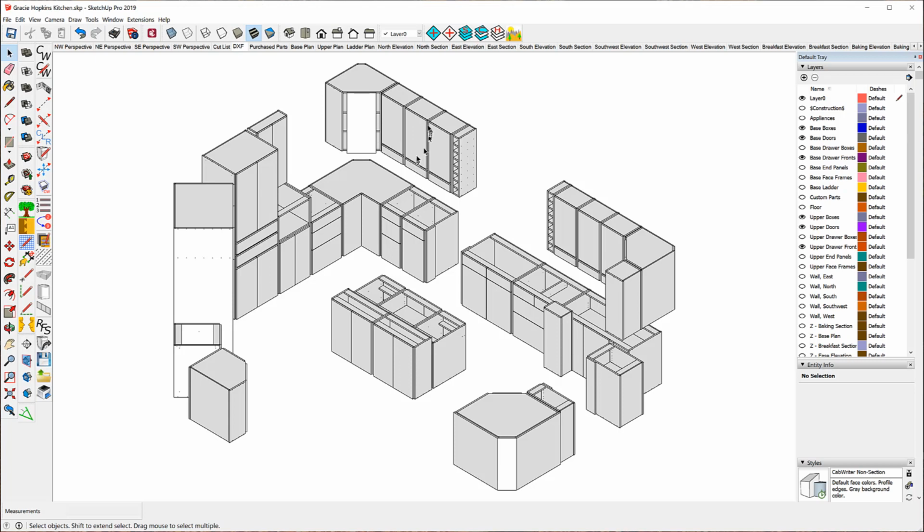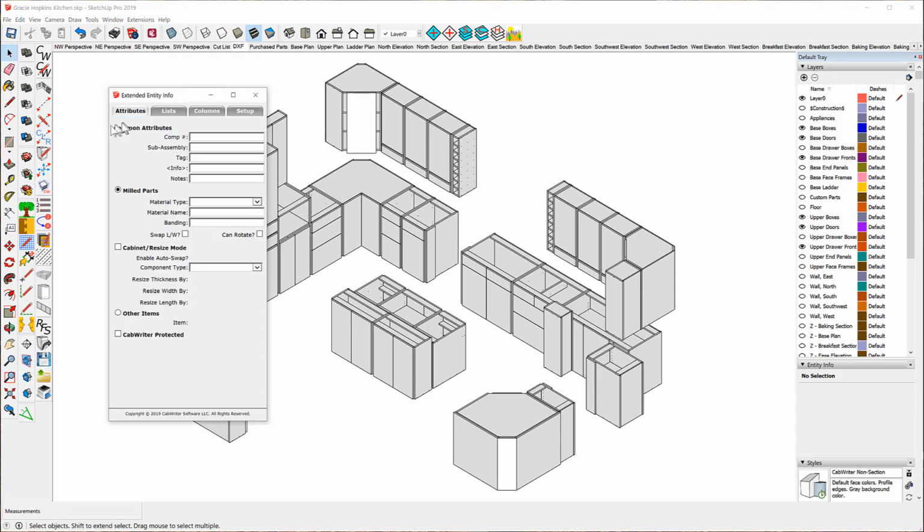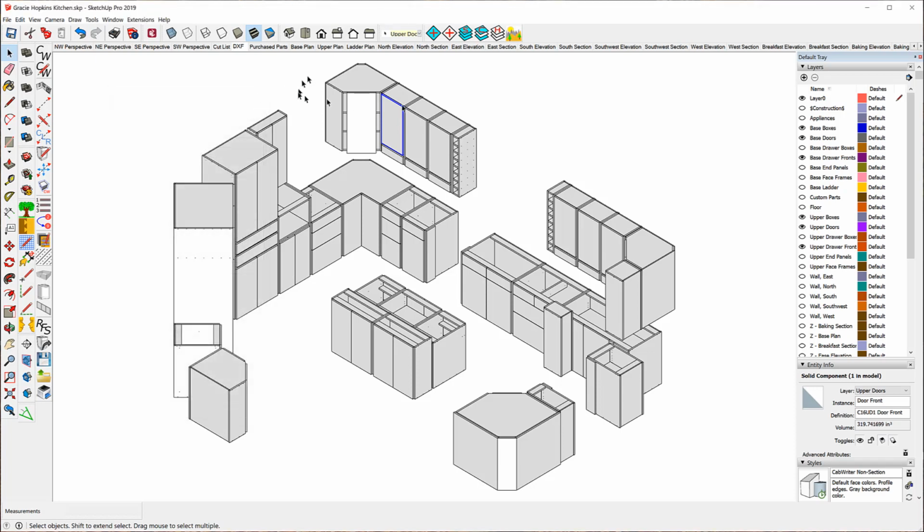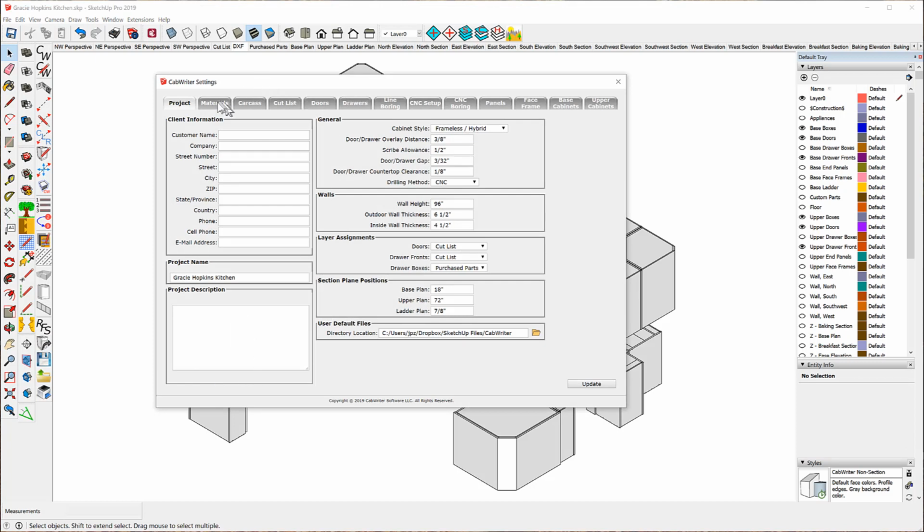The door and drawer fronts, remember, had the wrong materials, and I used the extended entity info to correct those. So if I bring up the extended entity info, and if I look at this door right here, notice it said sheet good MDF. But watch this. If I instead select this door and say retrieve the cabinet defaults, and I look at materials,